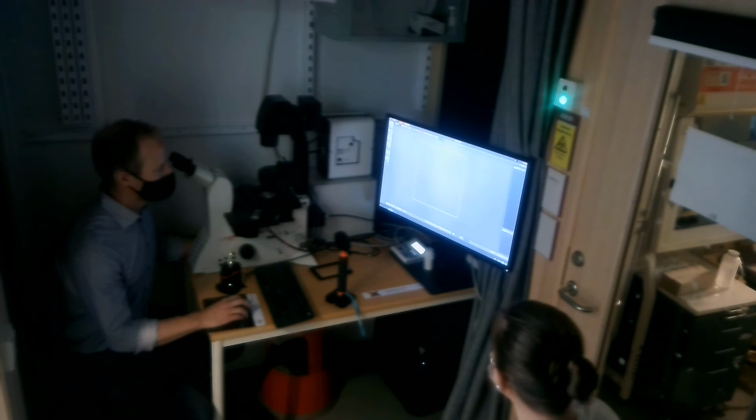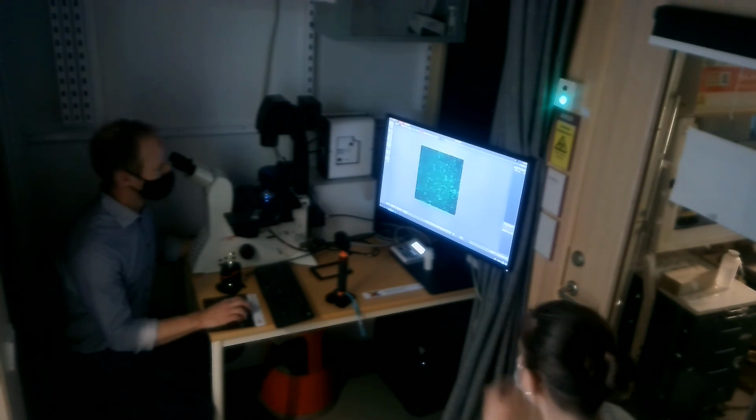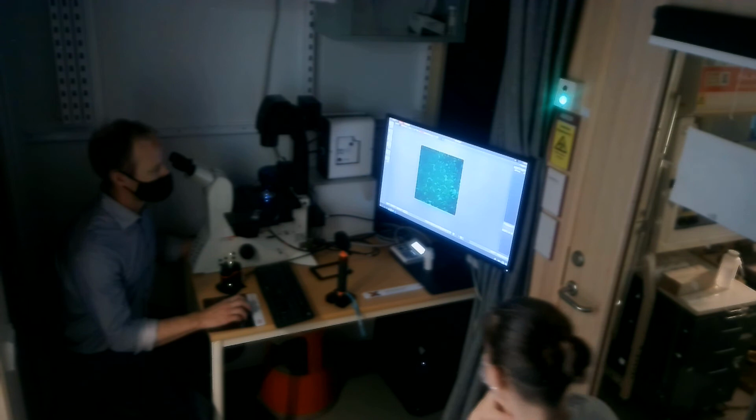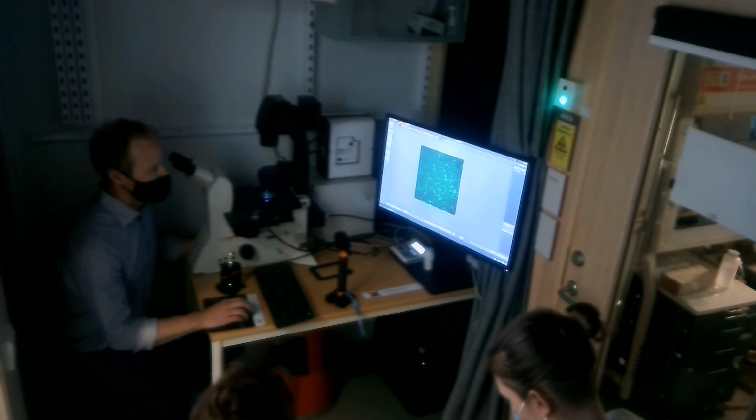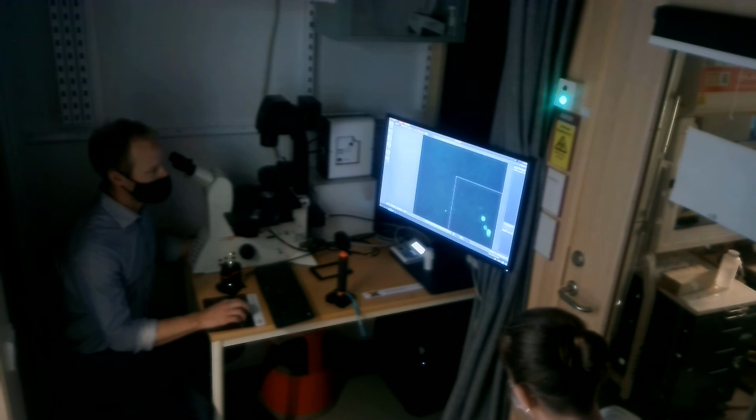So if we go live here, we don't see anything, but we can do this auto scaling. Here it's called auto range, and there we have our sample. Now, if I want to know a little bit more about my sample, I can start what is called a spiral scan. The spiral scan will, with the current objective and the channel, go just around my sample